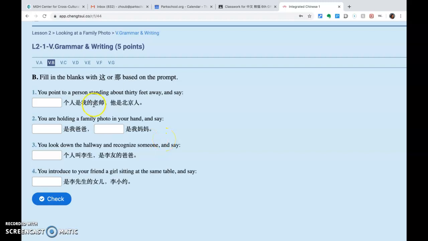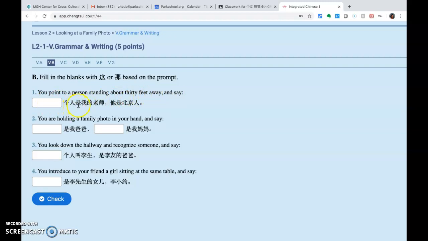小朋友们, so today, one exercise you're gonna have is fill in the blanks with 这 or 那 based on the prompt. So, 这 means this, 那 means that. It's the same usage as in English. For example, you point to a person standing about 30 feet away and say,